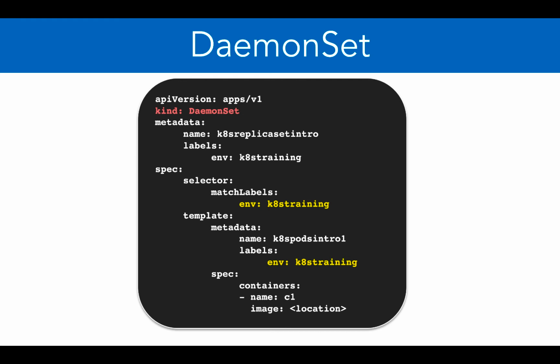So go ahead and try with this manifest file. Make sure you have more than one node, then only you'll be able to see the impact or the functioning of daemon set. Otherwise, if you have only one node, it will be launched in that one node. A single pod would be launched in a single node. If you have more than one, then this pod would be launched on all the available nodes that you have. So that's all daemon set is.